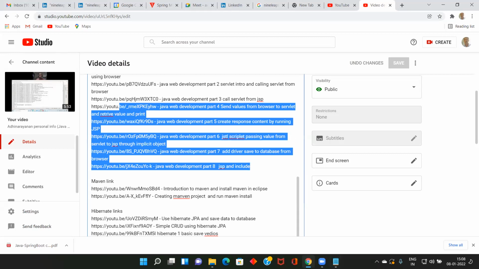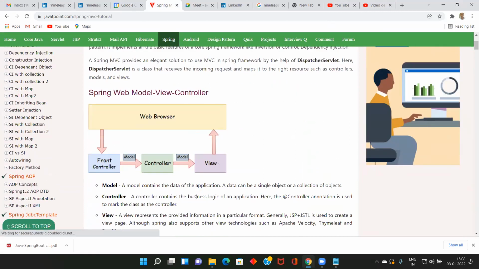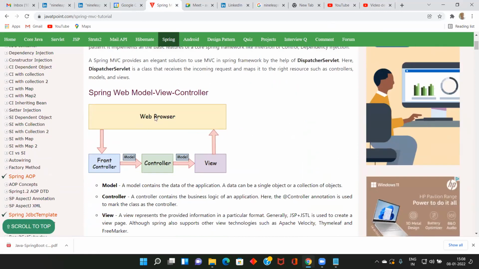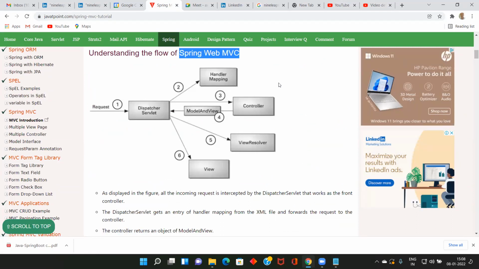So I'm going to start with Spring MVC itself. Maybe after completing this, if you go and read all those things, you will get enough information. Okay. So from the web browser, I can send the information to a Servlet. It's a Java program. We call it a front controller. From there, I can go to the database, store the information, retrieve the information, then send it to the browser. If it is the Spring MVC framework, MVC means model view controller. I will let you know what is model, what is view, and what is controller.